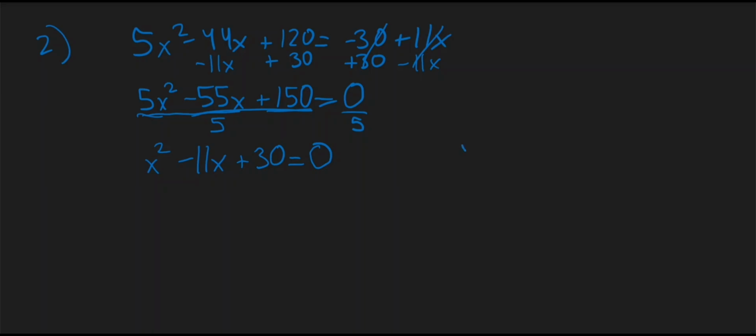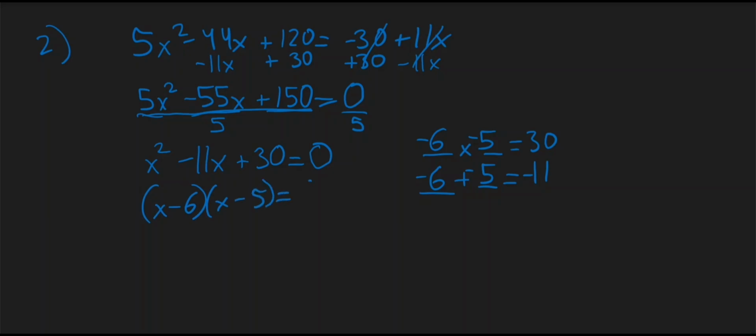So get two numbers that multiply to your c term of 30, and at the same time they add to your b term, which is a negative 11. These numbers would be 6 and 5. But again, both of them should be negative for both conditions to be satisfied. And that's it. We can factor it into x minus 6 times the quantity x minus 5